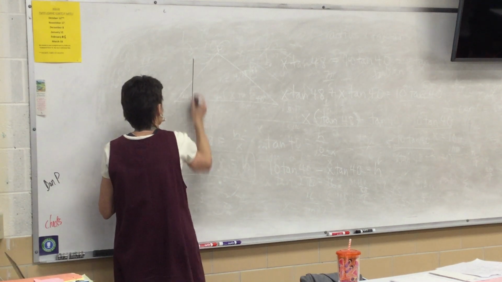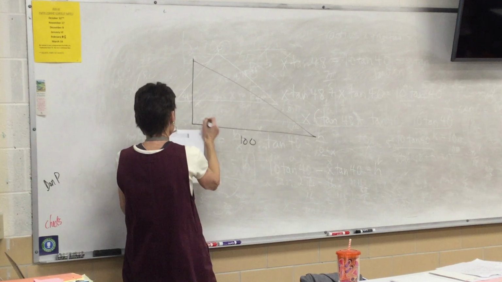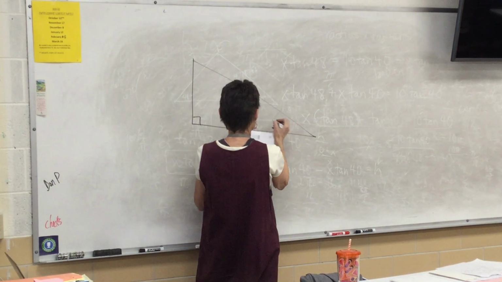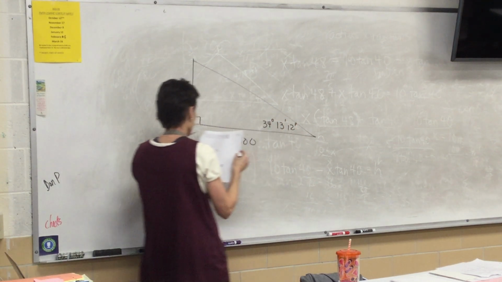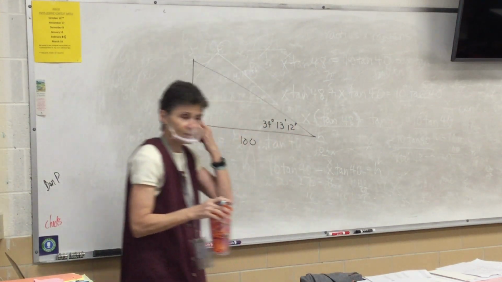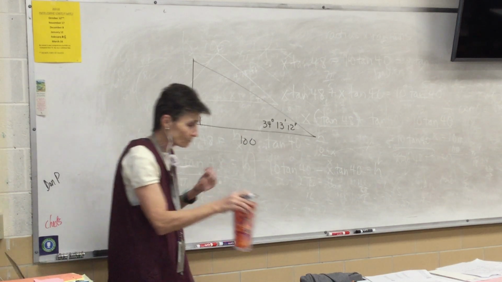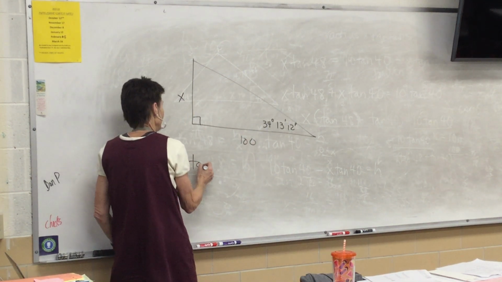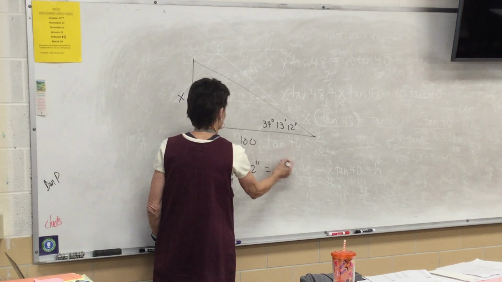From a point 100 feet from its base, the angle of elevation to the top of this thing is 34 degrees, 13 minutes, 12 seconds. How tall is the monument? Well, this is a breeze after what we just did. What's this? Tangent. Tangent of 34 degrees 13 minutes 12 seconds equals